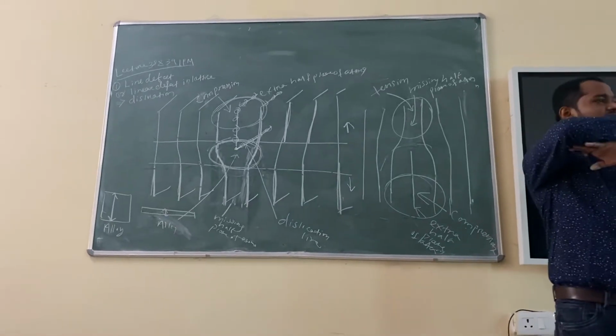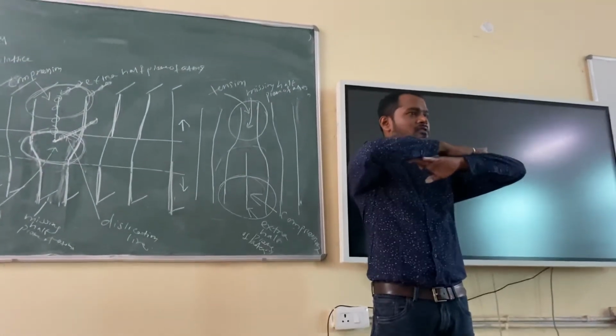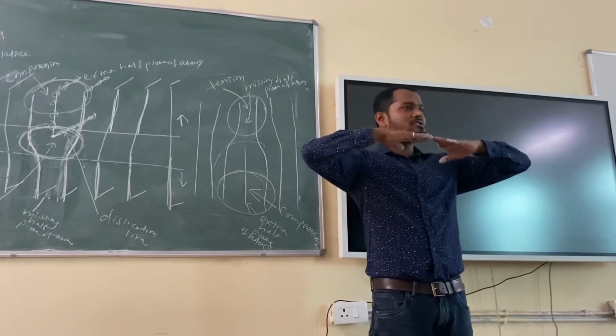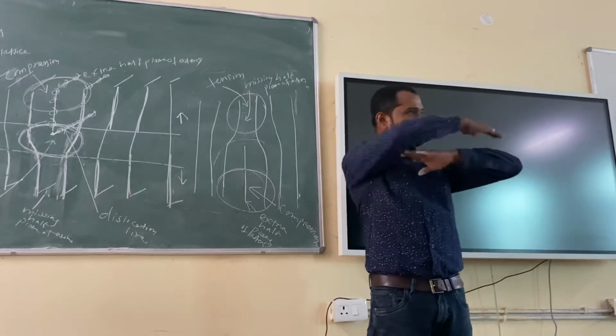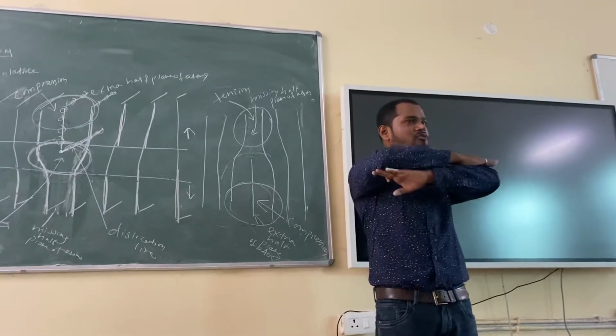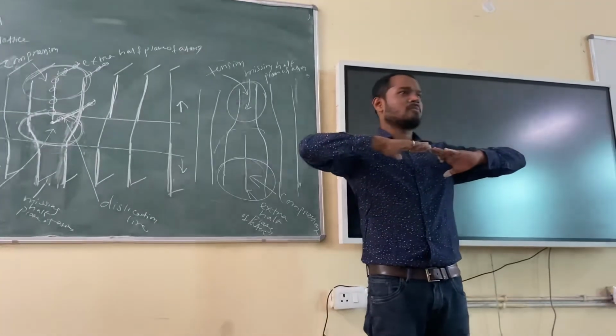This is the initial thickness of the material. This much, right? And slip is happening. So you can see what is happening. The thickness has reduced to this much, right? But there is an elongation. Total elongation is here to here, right? But initial elongation was here to here only, my hand distance. Now this is the elongation.